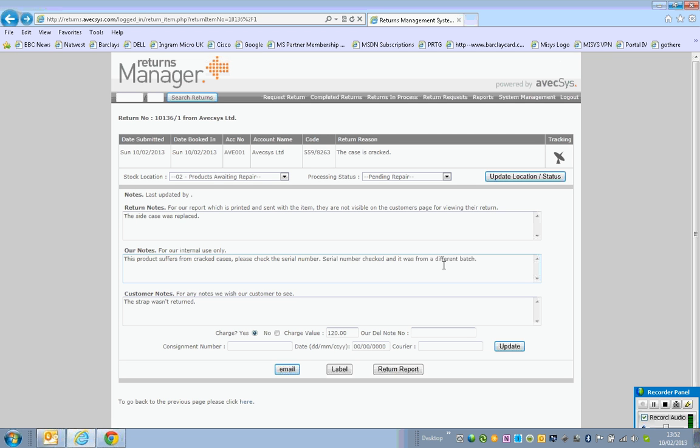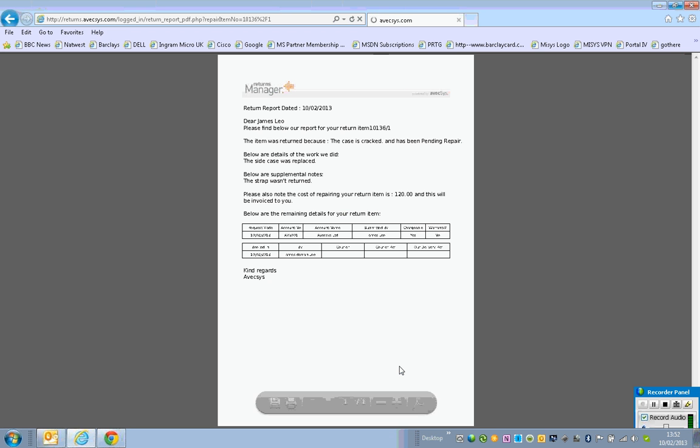Now, when we return this product, we're going to put a return report in the box for the product to show the customer what we've done. And to get that return report, we click on this button here, and it takes us to a PDF document here that we now can print out. Now, if you look, we've got the date, we've got